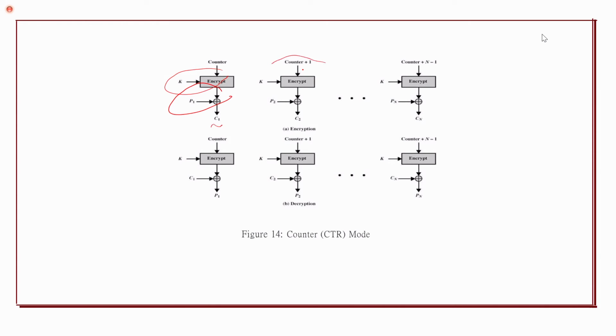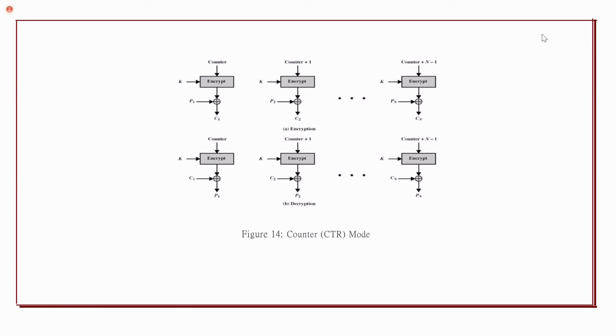And ciphertext will not be given. Whatever the block 1 ciphertext is, that will not be used as the input to the second block. Instead, it uses some other set of bits, which is considered as counter plus 1. So the counter value will be incremented. Simply, it will discard the carry. So counter plus 1 will be used, and counter plus 1 is also 64 bits. That will be encrypted. Then plain text will be XORed with the encrypted data.